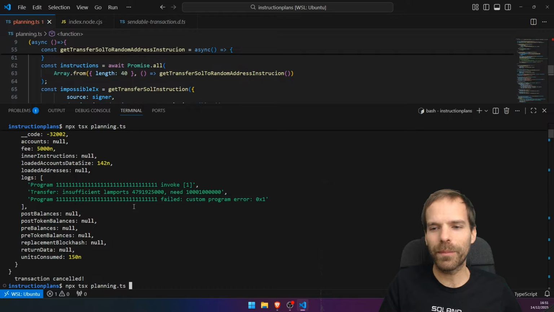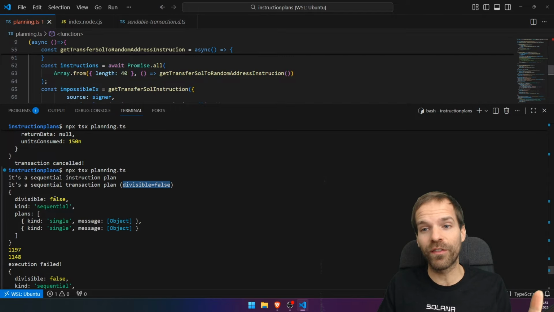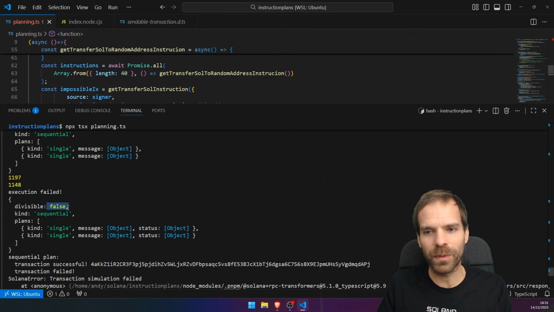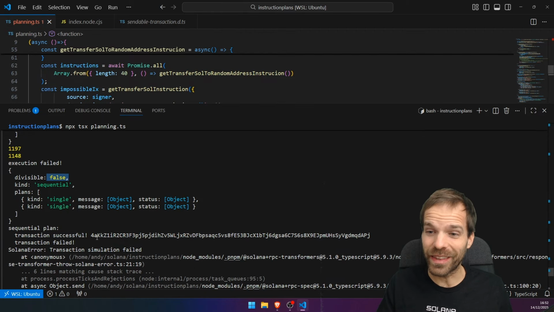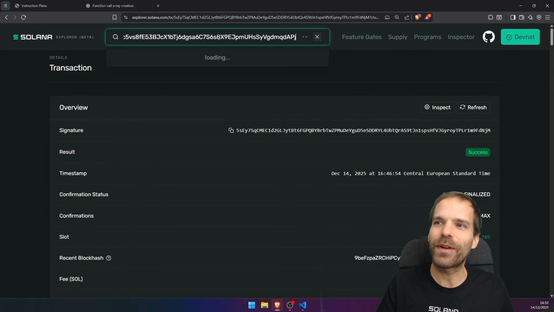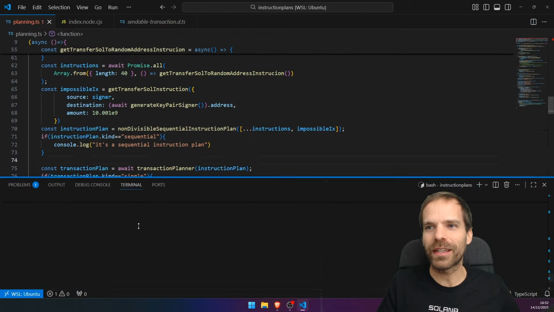So let's see what happens if I do that. Oh, it's still false. It's a sequential transaction plan, but it's... Oh, no, divisible is false. Before, divisible was true. And then we get execution failed. Divisible is false, but it still executed that because my implementation is bad. Because I'm not having the right implementation. Yeah, it still did that. Because I'm not taking care